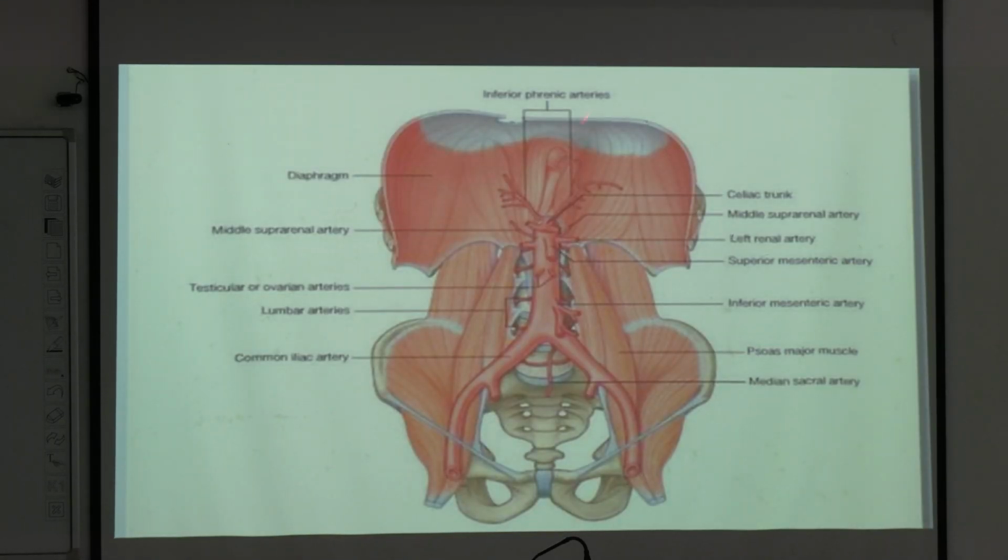So these are the branches you can see. Here is the celiac trunk. Here is the superior mesenteric artery. This is inferior mesenteric artery. Two common iliac, internal iliac, external iliac. These are the two renal arteries. Okay. Here are the suprarenal arteries. This one is middle suprarenal, and here will be the inferior phrenic artery. These are the lumbar arteries, okay, going towards the body wall, and this is median sacral artery. Next,